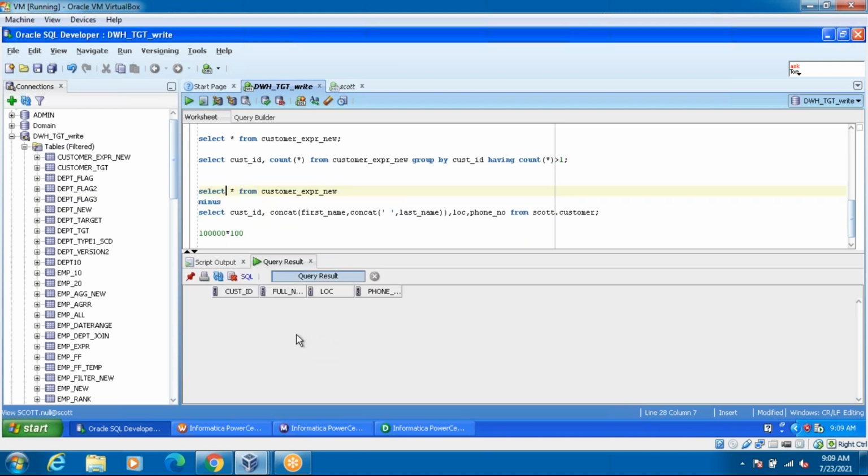It won't return any values because the data exactly matches here. It's comparing the data. There is no change between the source and target data, so it will give 0 records only. But I have the duplicates. That is the issue. My data is fine, logic is fine, only the duplicate issue is there.